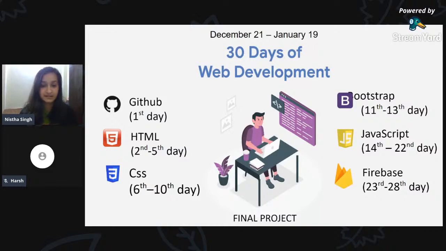And one of the best parts is that with every topic, we do not have just a final project. We have a project with every topic. So let's say with HTML, we have a project after you complete the section. For CSS, we have a project after you complete it. Same goes for the quizzes, which will test your knowledge of what you learned throughout the course. And at the end, after we cover everything, we have a final project, which will incorporate all of the knowledge that you have learned over the 30 days, and you will work on a final project that will apply all your knowledge.